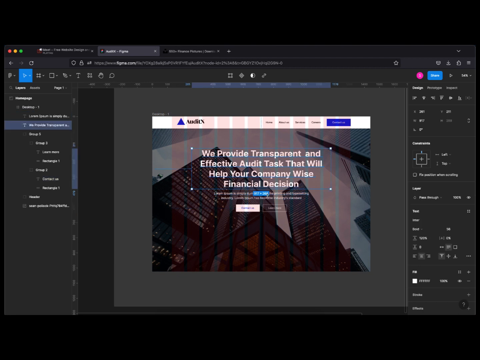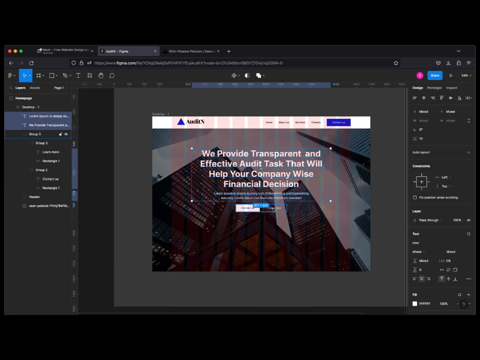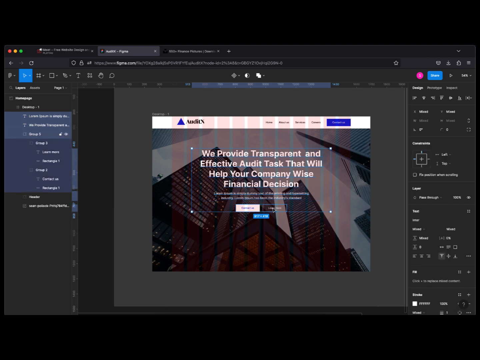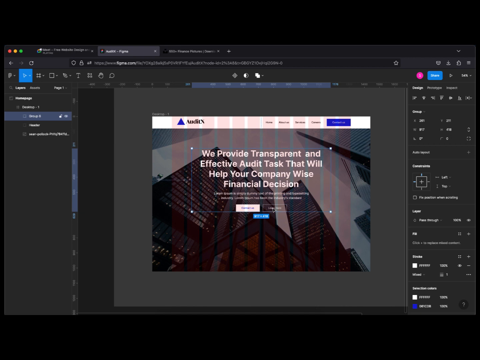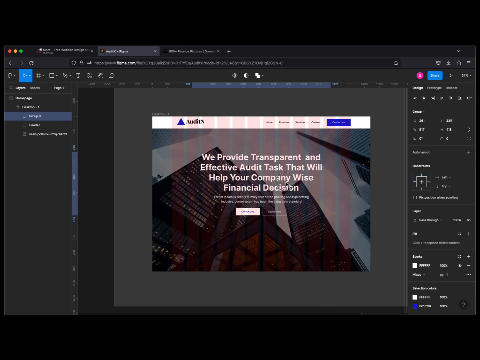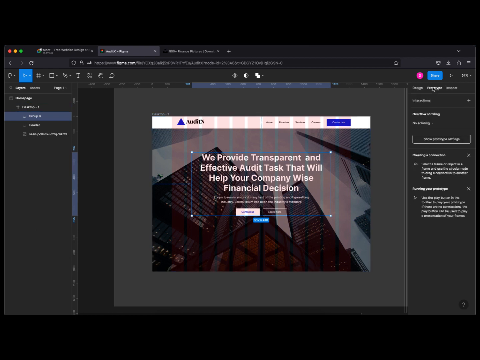The last thing I will do, let me just group all these things together because they belong to the same family. So they are together. Control G to group. So to have a feel of how this particular design will look when it is being developed, even before the development, we come to this prototype, and